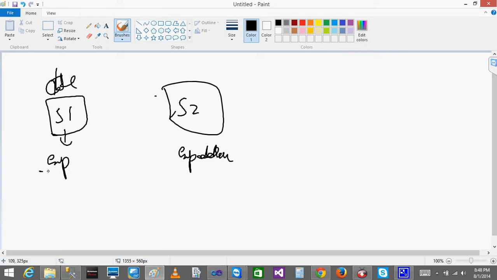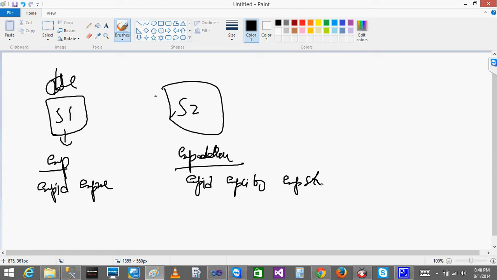The EMP table will have EMP ID and EMP name. The EMP address table will have EMP ID, EMP city and EMP state. So this is server 1 and server 2.